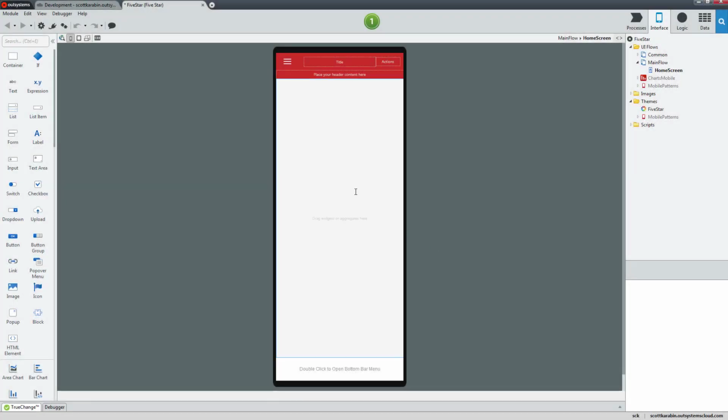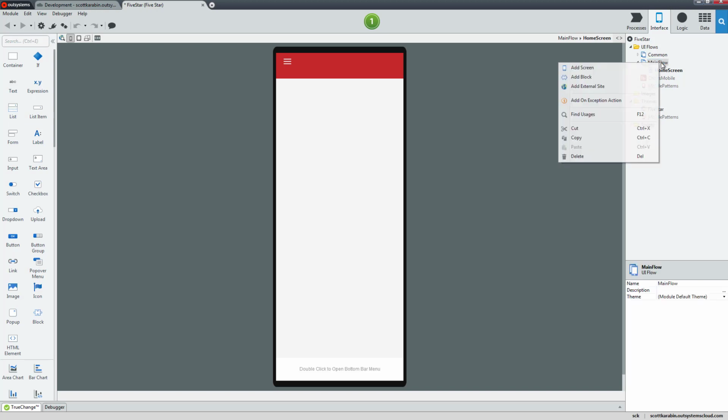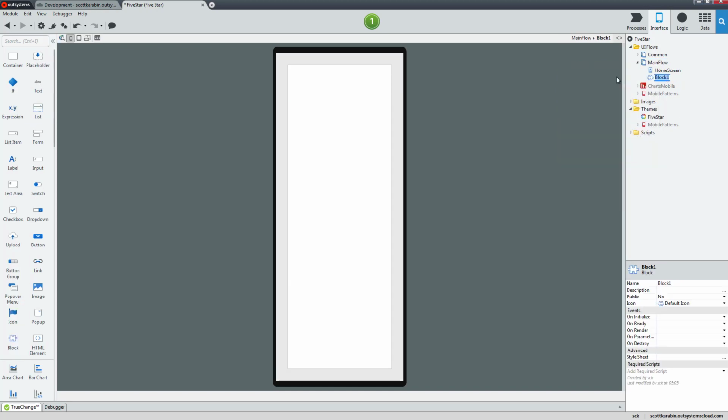Here in Service Studio, we're starting with an empty mobile module. We've created a new application called 5-star, which has a new module called 5-star. We can get started by working in the main flow. To create a custom pattern, the first step is to add a block. We're going to call that block 5-star,